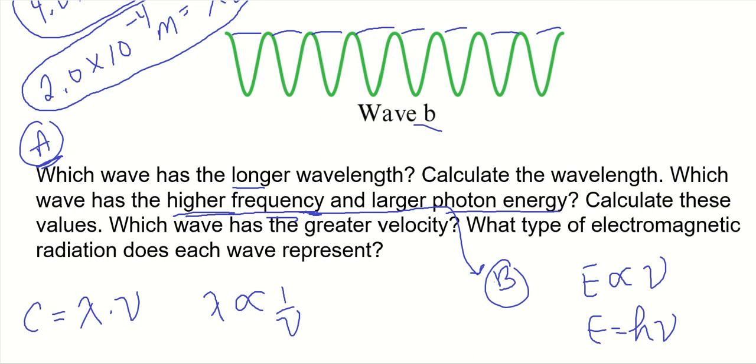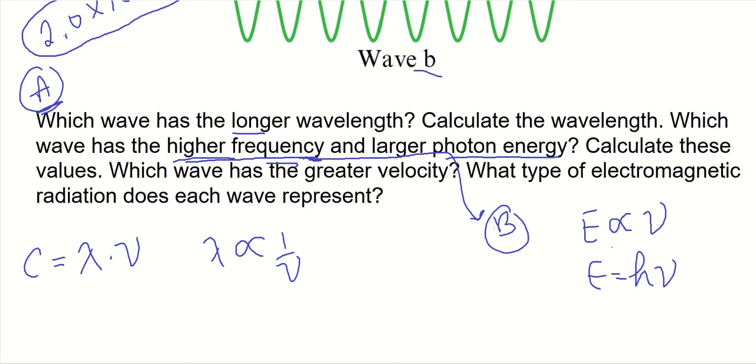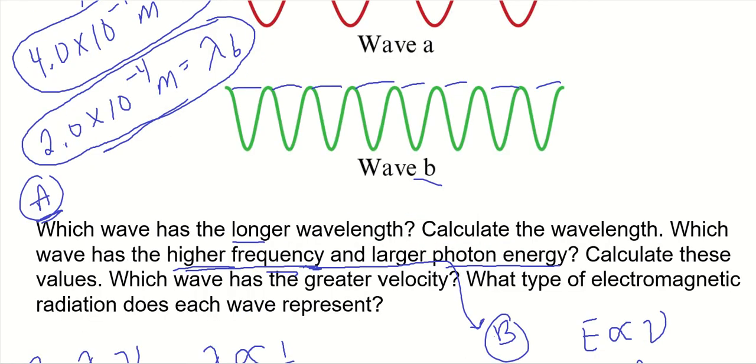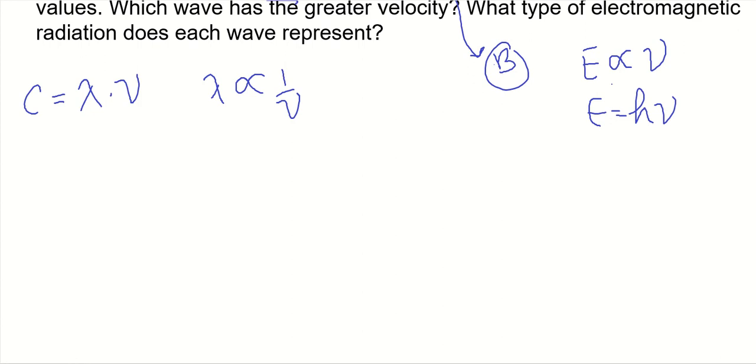Calculate these values. What values? Frequency and energy? Is that what it's referring to? I guess so. I think it just means wave B. We have the wavelength of wave B, so let's just use that. Let's do frequency first. Frequency is equal to the speed